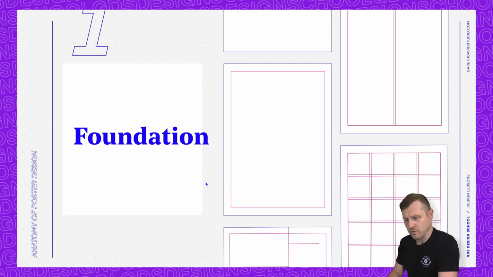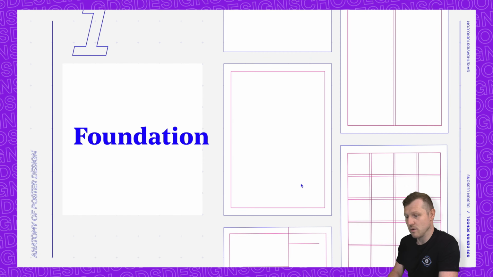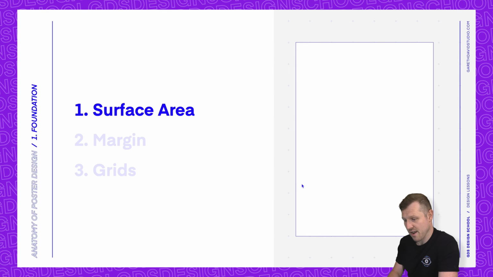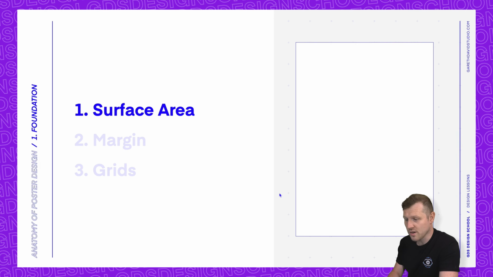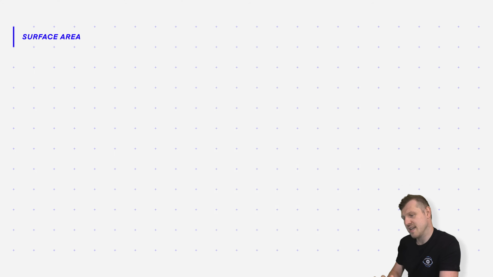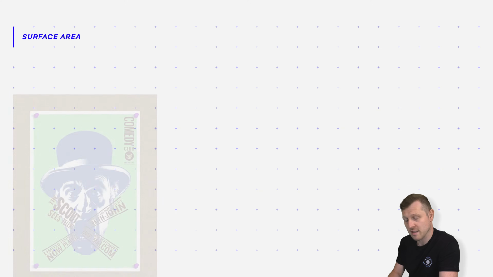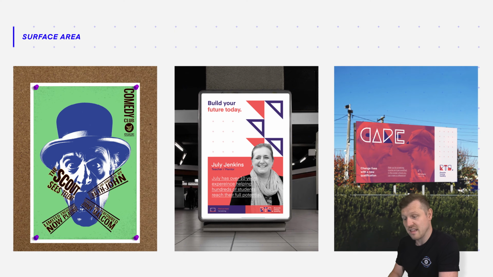Okay, so starting with poster foundation, first we have the most basic part of a poster, and this is surface area. I know, not one you would normally think of, right? It's the surface area that defines the space in which you will work. Typically, in small formats, you may be working with anything from a small sheet of paper to a huge billboard. This can affect the amount of content you include to the scale of the elements involved.